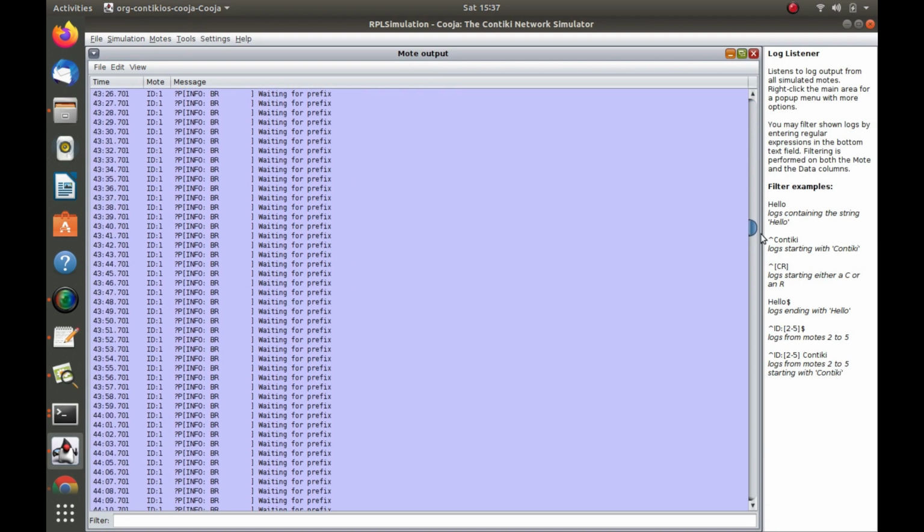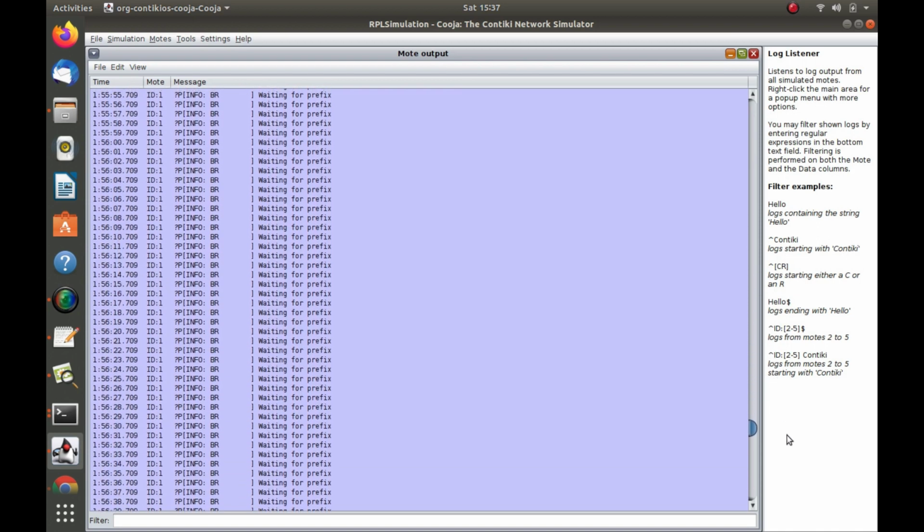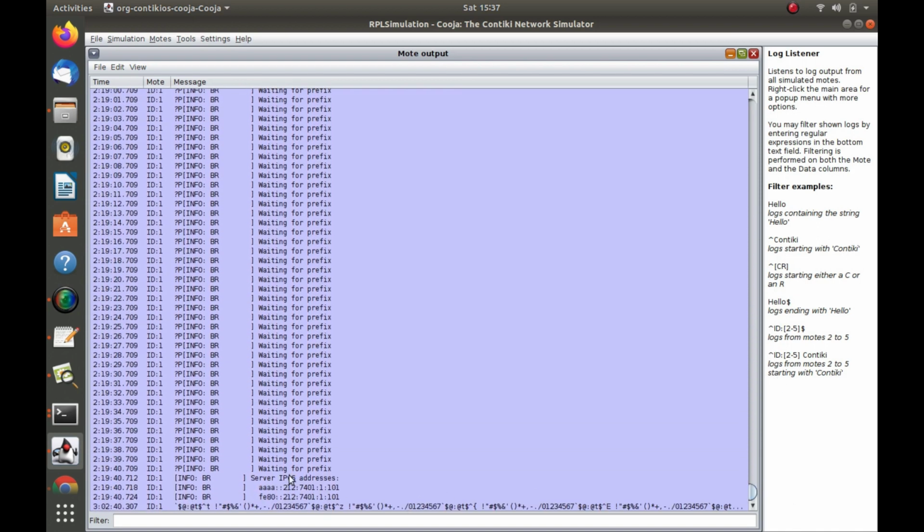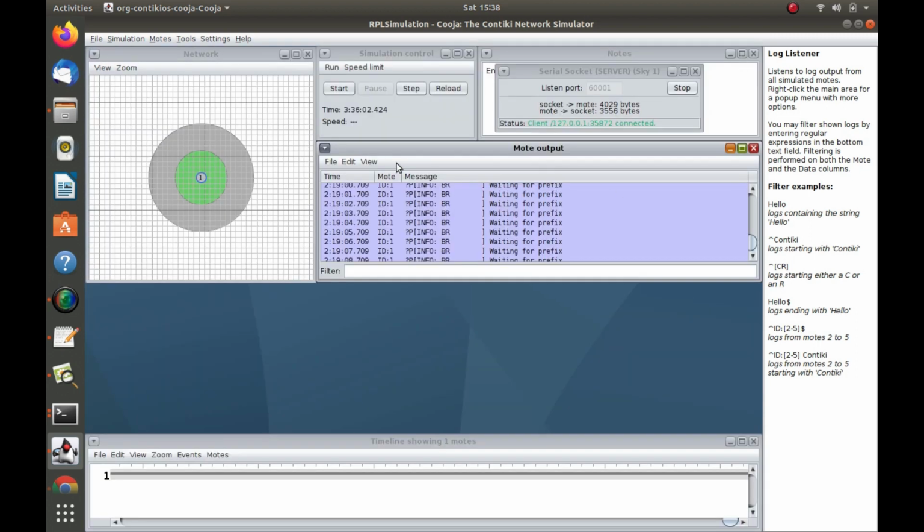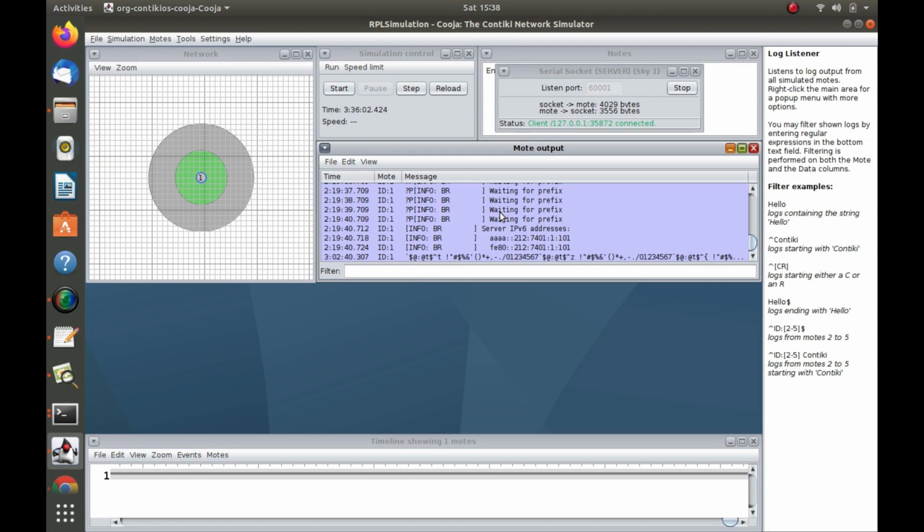See, the IP after the prefix, we have started somewhere. Now here you just get it, this is the border router IP address which we got here. These are some of the junk characters that we are getting through the RPL router. So this is what is happening in this RPL border router.